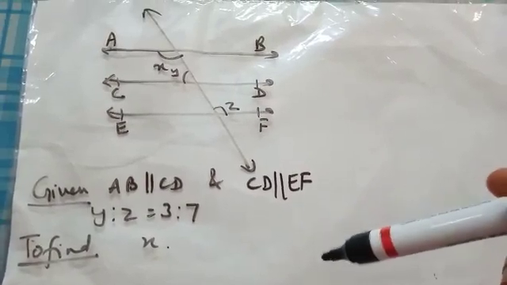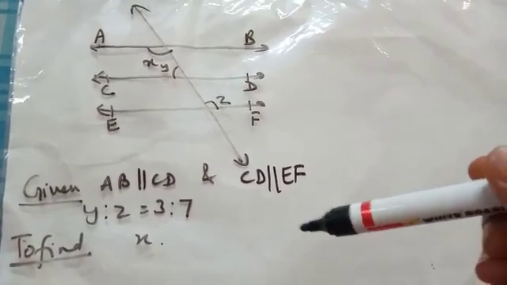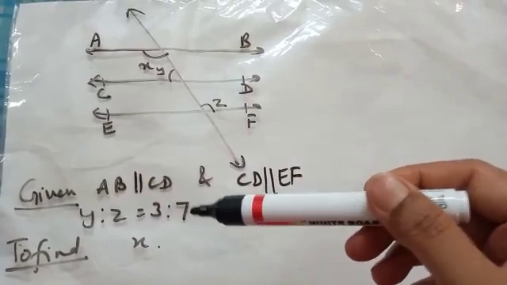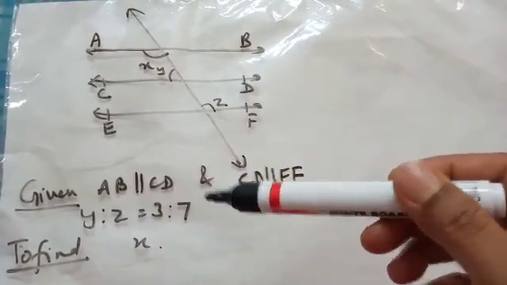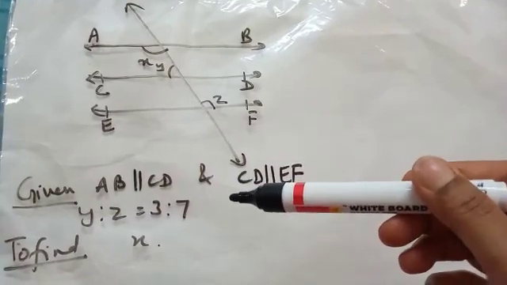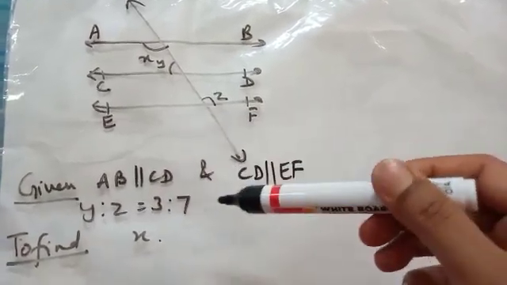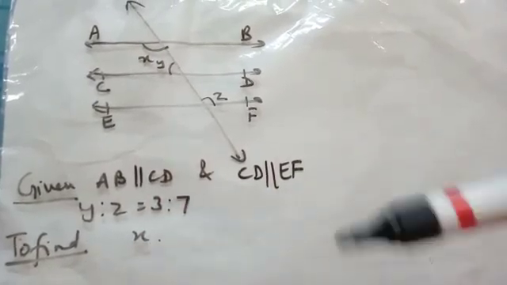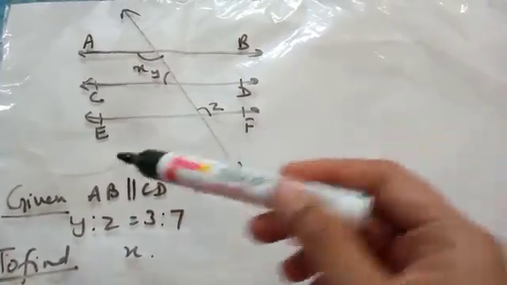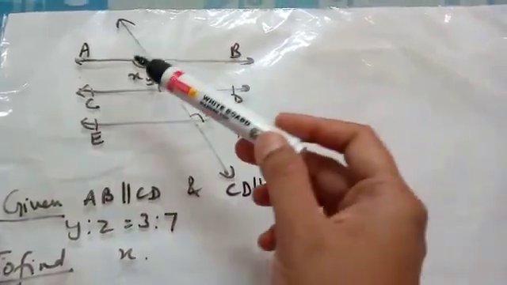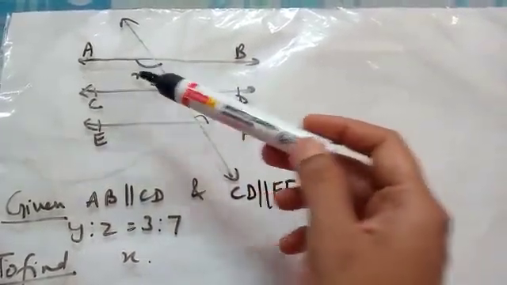Now please make it a point that whenever we are doing the questions, we are writing given. Now this is not important from examination point of view or marks point of view. It is important because when you write given, you get to know what the question actually is, and then you have to find out the value of x. So now here I know AB is parallel to CD. So if AB is parallel to CD, then x and y, what relation do they have?